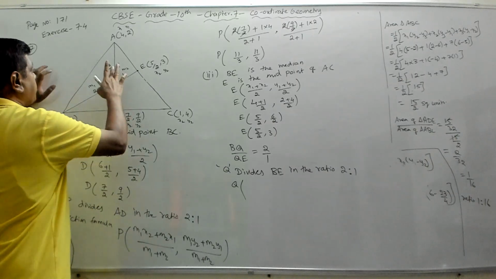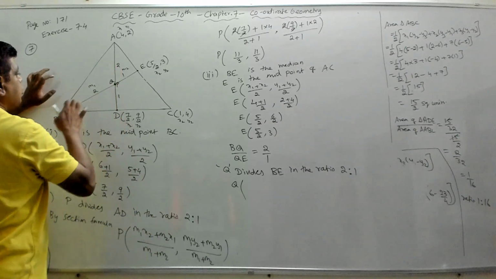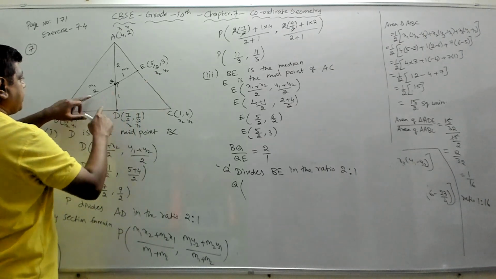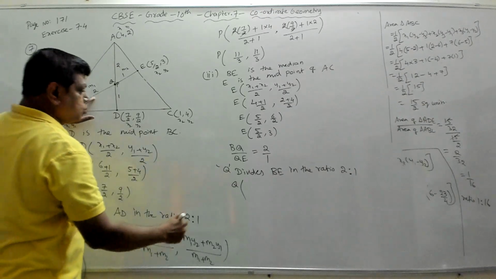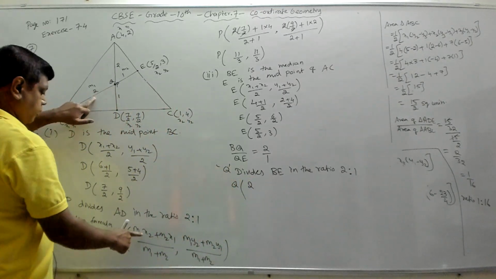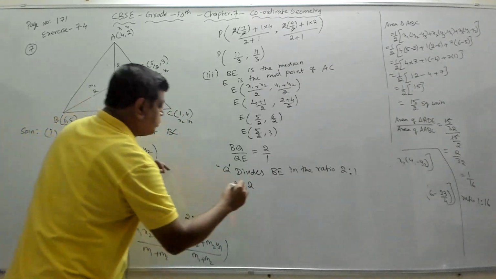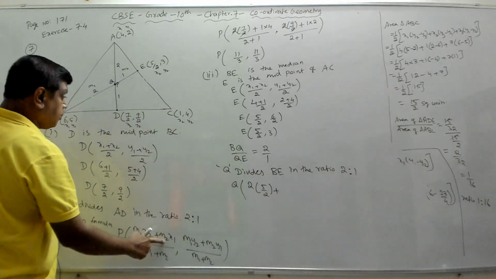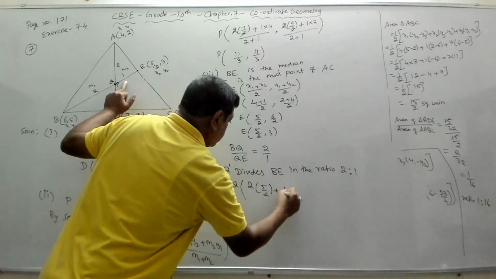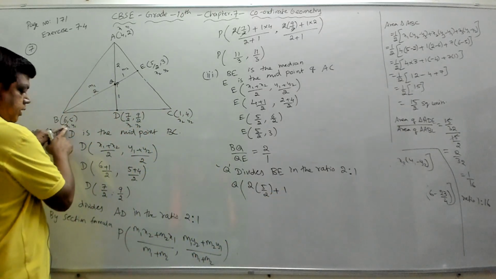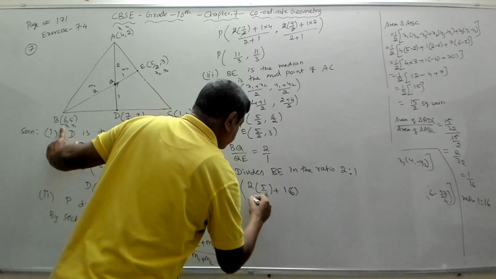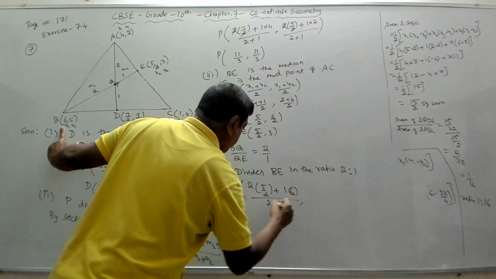So I will probably erase these so that we don't get confused with these M1, M2. So this is your x1, y1, this is your x2, y2. So we'll apply that. M1, which is 2, into x2, x2 is 5, by 2, plus M2 is 1 into x1, x1 is 6, by M1 plus M2, comma,